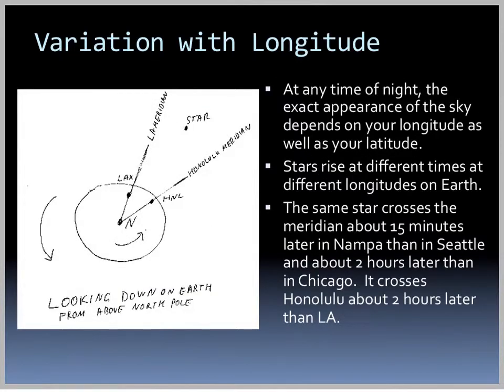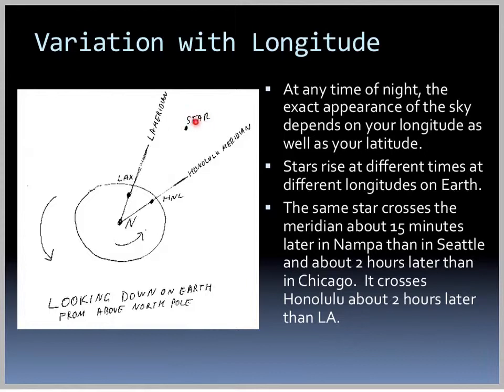So at any time of night, the exact appearance of the sky depends on your longitude as well as latitude. Stars rise at different times at different longitudes on the Earth. So for example, if I were to look at, say, LA and Honolulu, and I were to look at the meridian in LA and the meridian in Honolulu,